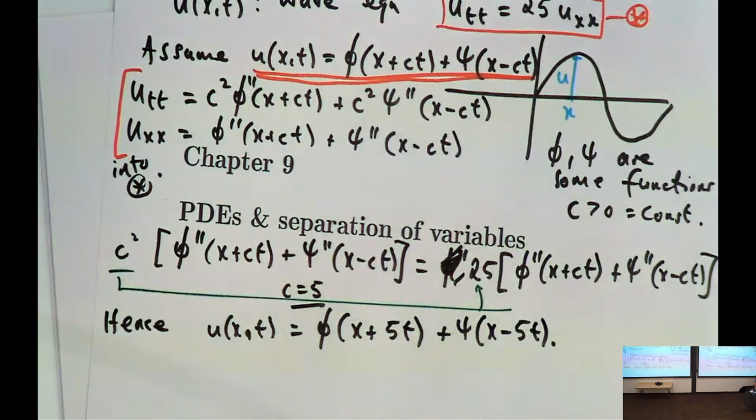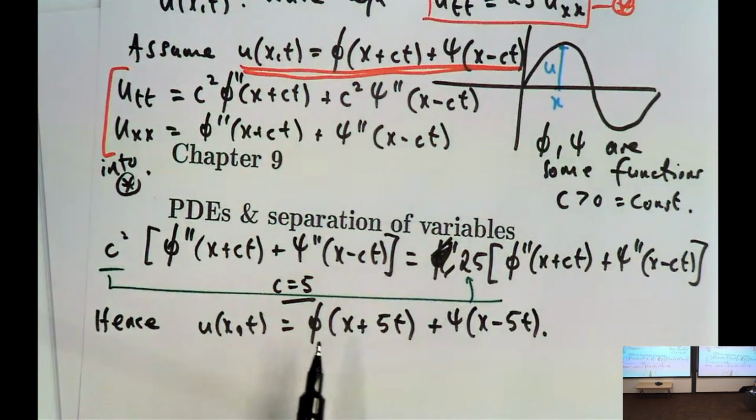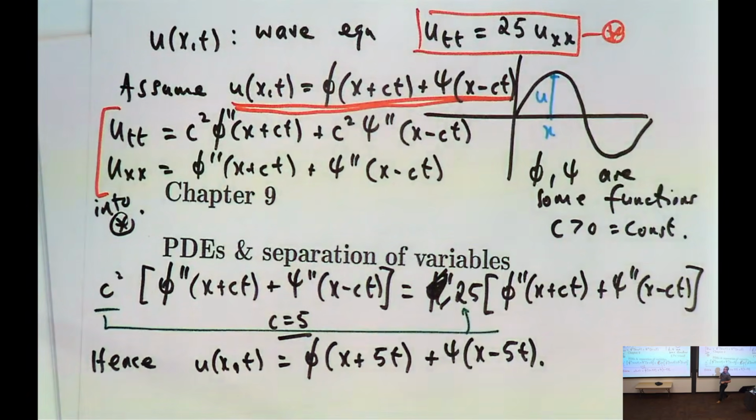Okay, so we've got one of the three things we're after. We still need these functions, phi and psi. So let's just try, right? Now, to get phi and psi, we really need a little bit more than the original differential equation. We need some initial data, some initial state of our